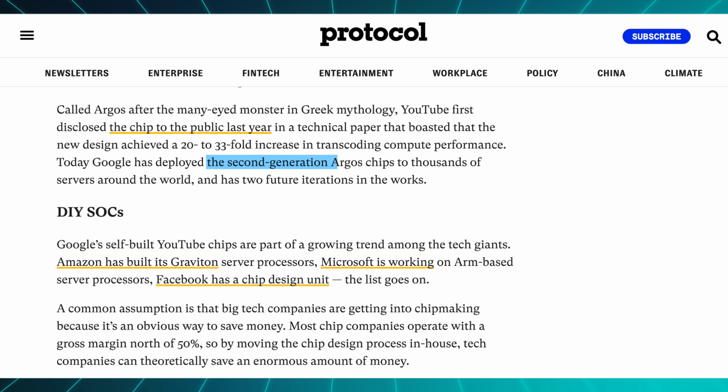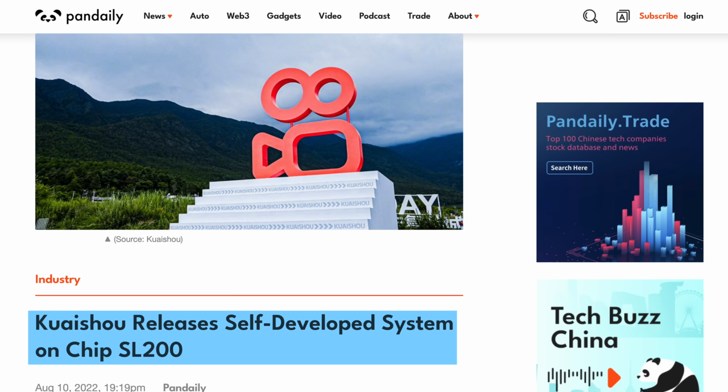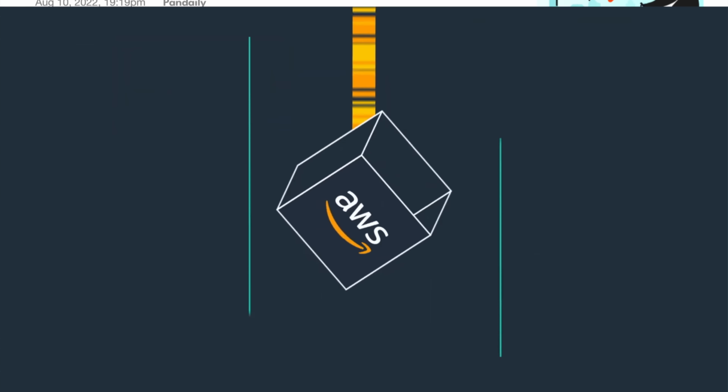Google has further managed a second-generation chip complete with AV1 capable encoding and deployed it in thousands of servers, where it supposedly delivers a 20 to 33-fold increase in transcoding compute performance. Just a few days before this story broke, we also learned that Kuaishou, a Chinese TikTok competitor, developed their own video processing SoC to crunch their own massive piles of video more efficiently too,